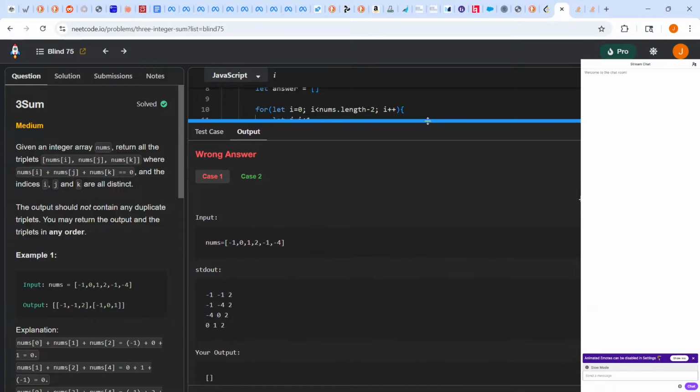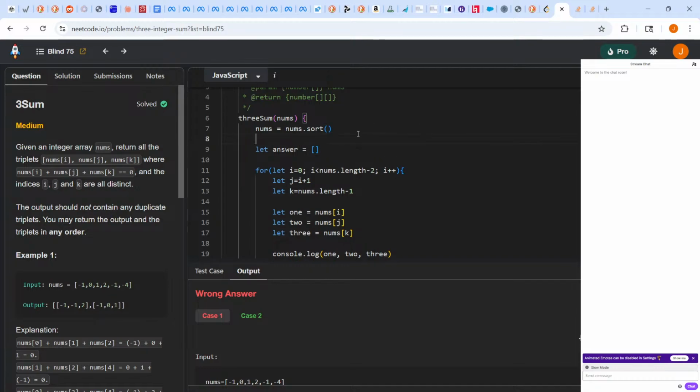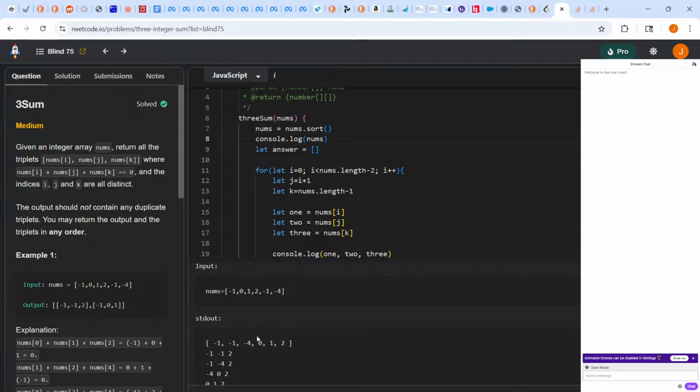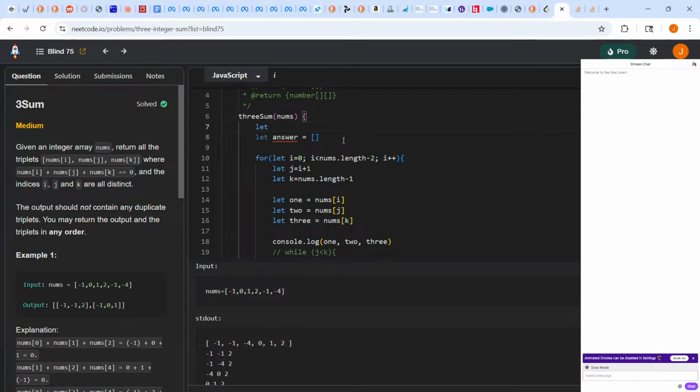Yeah, okay. So here I want to console log nums to make sure we had sorted properly. Oh, okay. That's a JavaScript sort if I've ever seen it, because pretty much what it's doing is sorting by characters. -4 should be the least, so we have to do a proper sort here. So let sorted nums equal. I kind of want to do the arrow function,